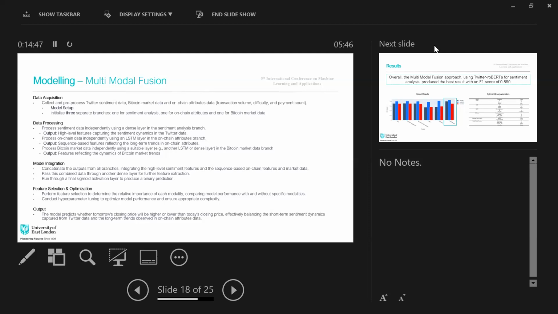Twitter data. The second part being processing the on-chain or blockchain data independently, and that was using an LSTM layer in the on-chain attributes branch. So the output of that would be sequence-based features that reflect the actual long-term trends on the on-chain attributes. So you can see each of these outputs are capturing the dynamics or the actual trends here to kind of